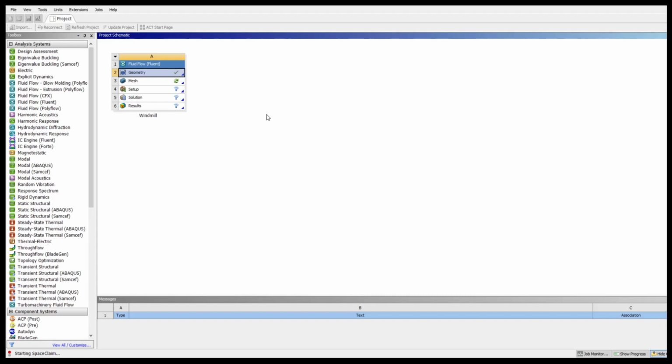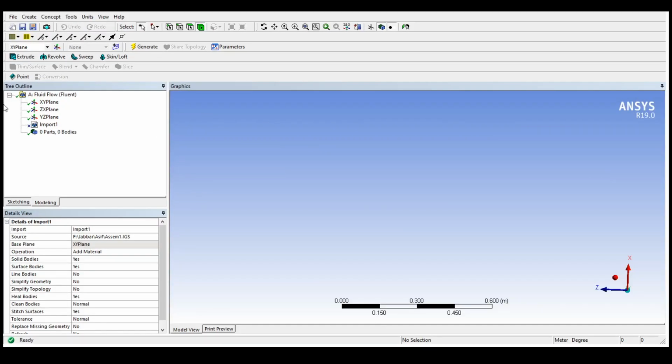Okay, the design modeler is being loaded. The design modeler is now open, and our geometry has to be loaded into the design modeler. For that, we will be clicking on the generate option on the top.